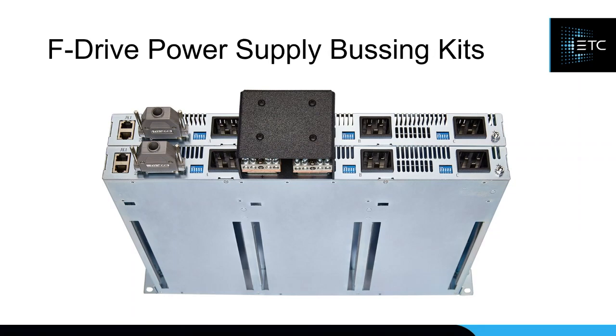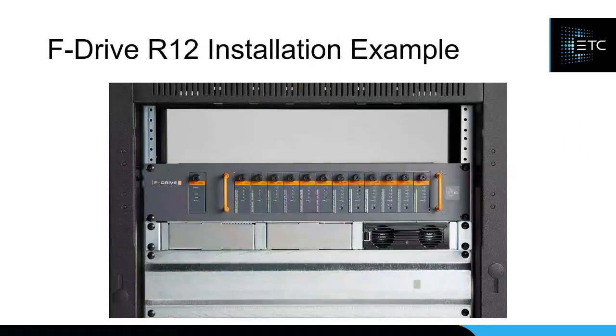So here's a look at the installation example, all standard 19-inch rack stuff. So the F-Drive R12 is a 2U rack height device, and the Meanwell power supply is a 1U rack height device. So if we do the math here, it actually means in 7U of rack space, you could have a